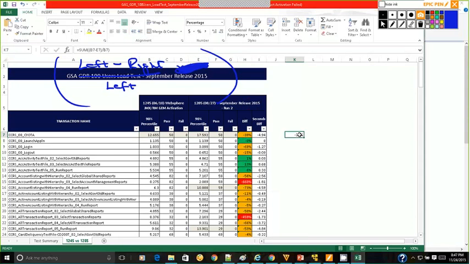Minus shows degradation. Here you see 13%, no minus. That means in my previous release it was 5 seconds, and in the current release it is 4 seconds. So the response time improved by 13%. So this is how we show that. Anything above 100%, see 0.2 seconds to 2 seconds, so it is more than 100% degradation. That is 600% degradation. So anything more than 100%, we will show it in red color.